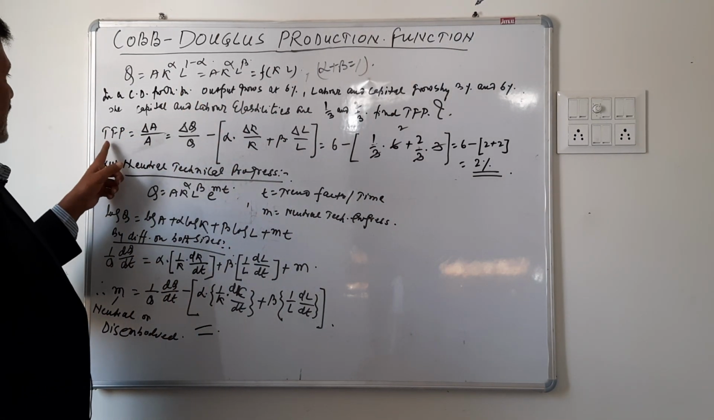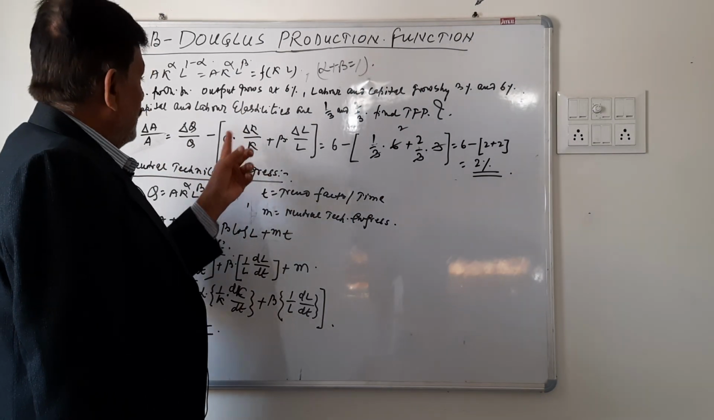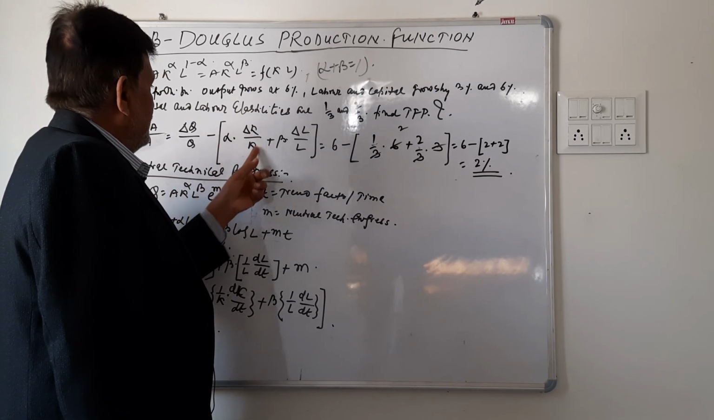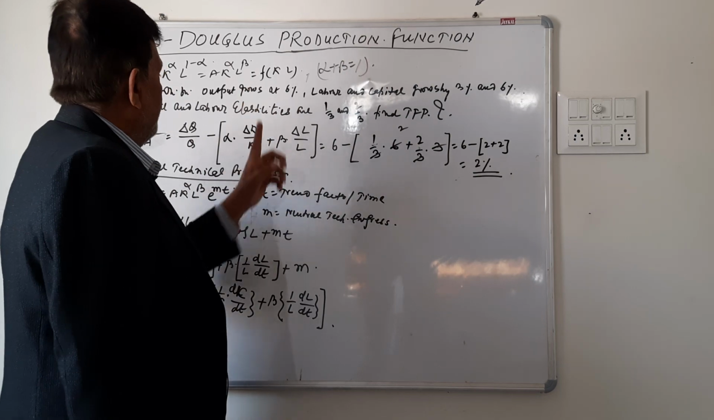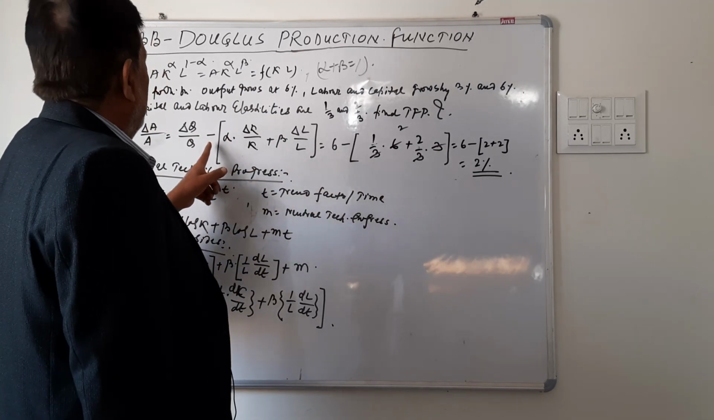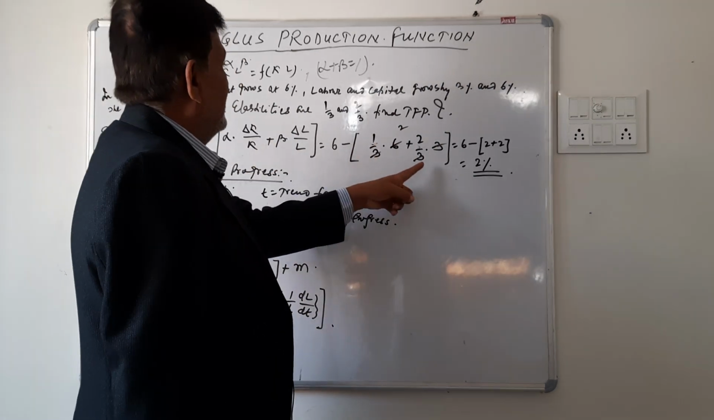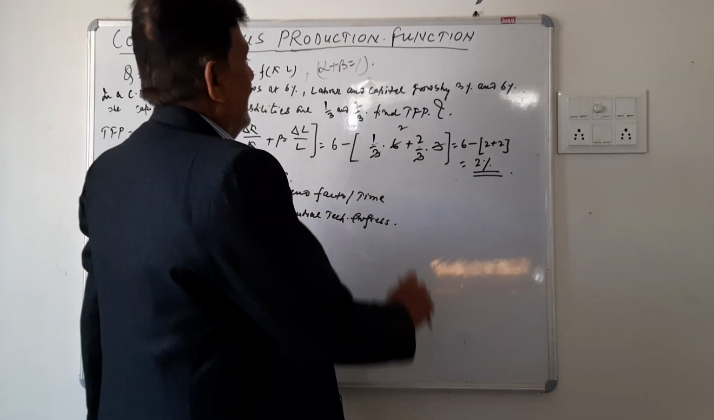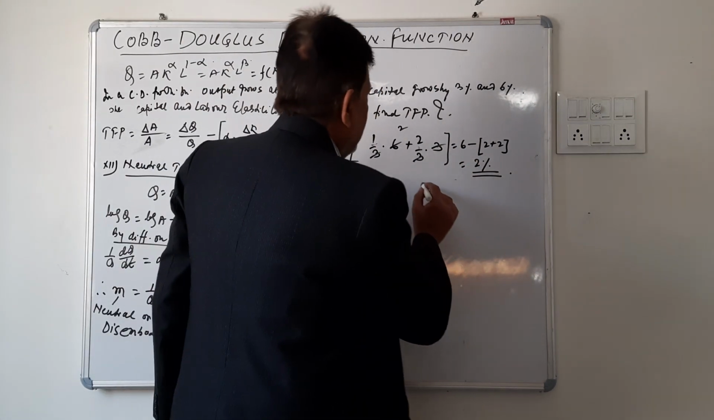Now, this is the formula for total factor productivity. Delta A by A, which is total factor productivity, equals the rate of growth of output minus the sum total of growth of capital and labor: the capital elasticity or share of capital in the output into growth of capital, plus the labor elasticity or share of labor in the output into growth of labor. Everything is given. The growth in output is 6%, minus the share of capital 1 by 3 and capital grows by 6%, plus the share of labor 2 by 3 and labor grows by 3%. If we solve it, this becomes 6 minus 4%, that is 2%. This 2% is total factor productivity, and I had explained in the last class